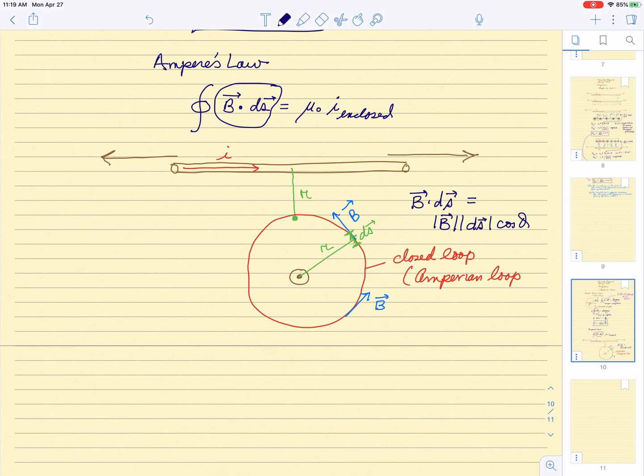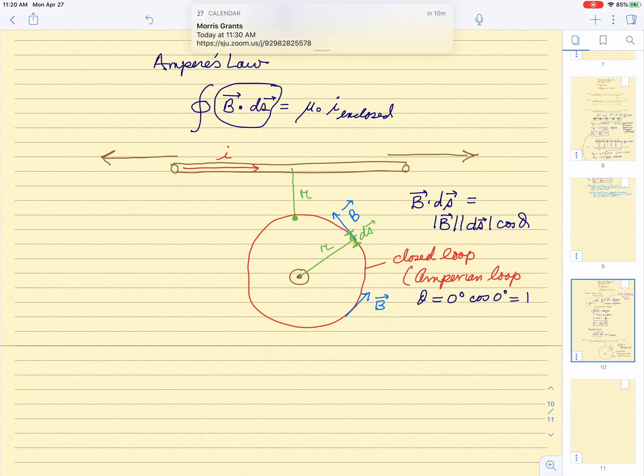So theta now is equal to 0, since B and ds are collinear. Cosine of 0 degrees is 1. So what happens here is the